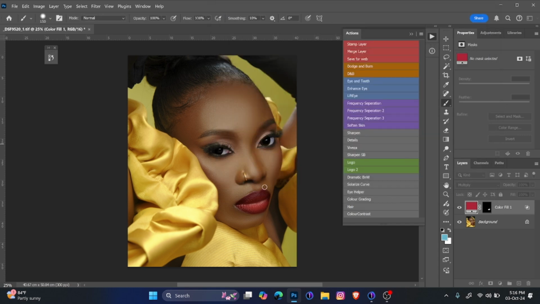Once you do that, you reduce the opacity of the layer to whatever you like. And by the time you do that, you find out that the lips could be very